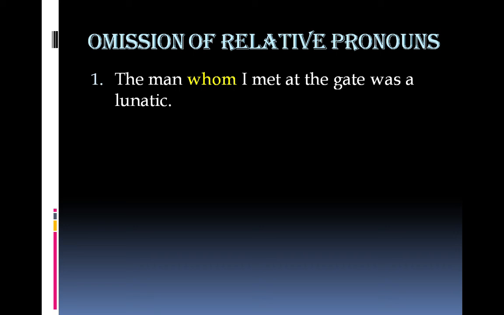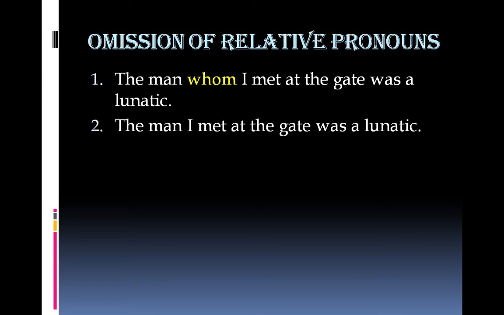Let's take a closer look at this relative clause. What's the verb here? Met. Who met? I. Whom did I meet? It's the man, but we are using the word whom instead of man. So whom is the object of the verb met. It's in objective case. Whom is the object of the verb within its own clause. It's very easy to omit this pronoun. The sentence will still remain the same. It will still remain meaningful and even more idiomatic.